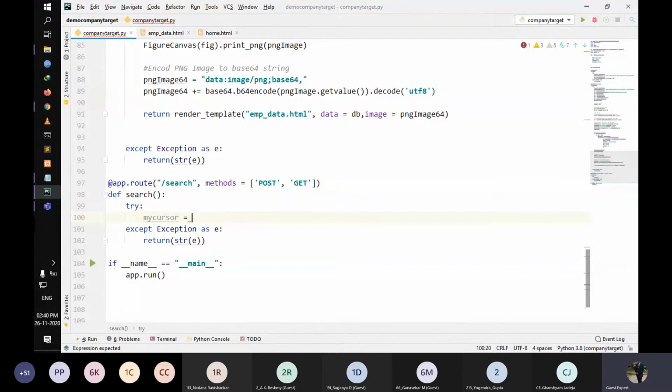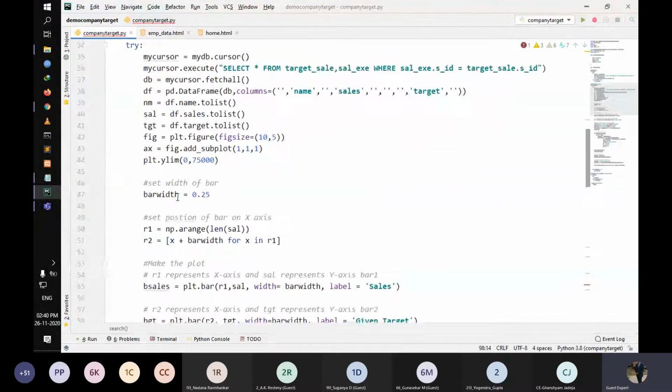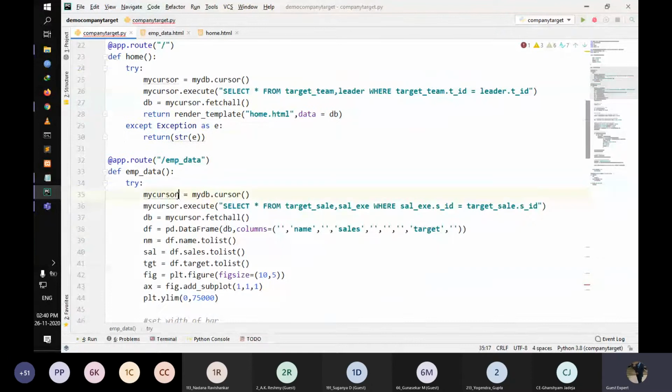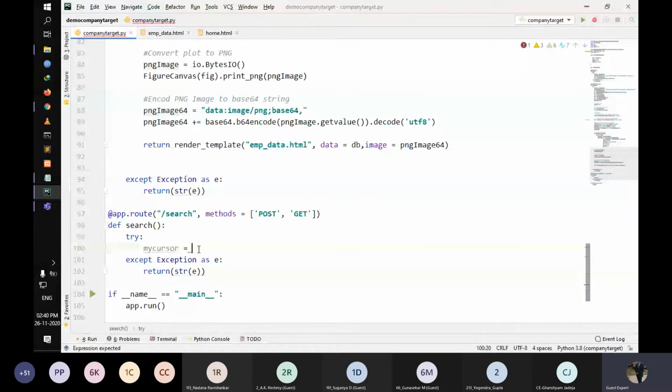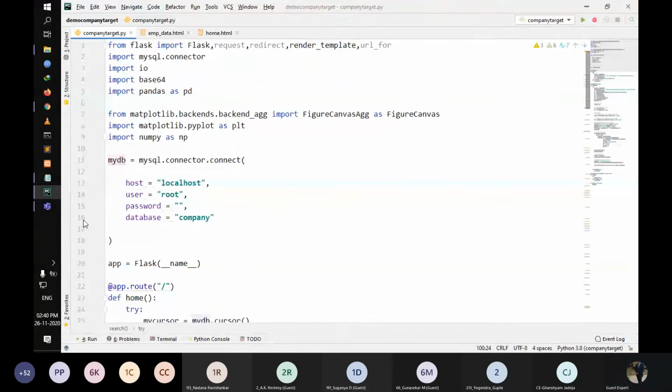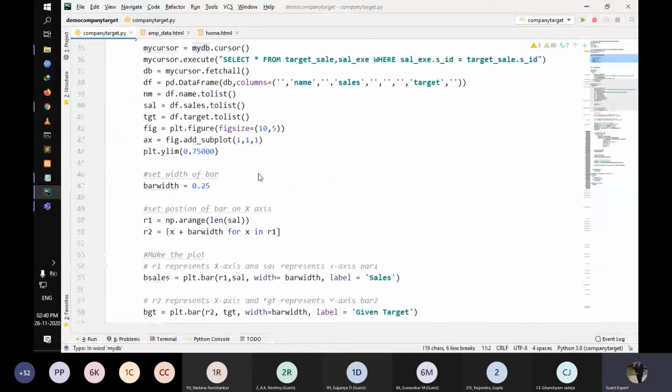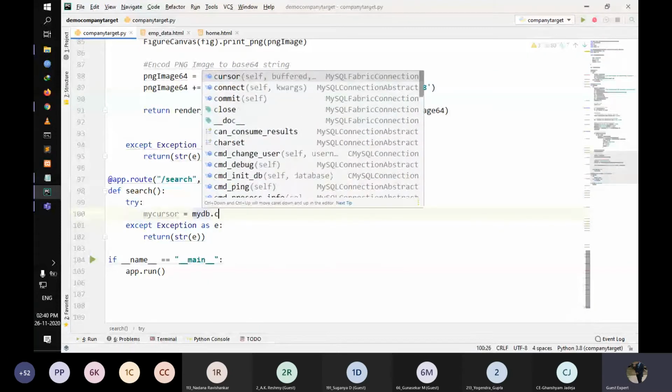You can use the same variable here as well because it's a separate route, so it won't conflict with the cursor we are using over here. You can change the variable name, there's no issue here. But this needs to be the same: the mydb variable, because it's our connection to our database MySQL. So let's do mydb.cursor.